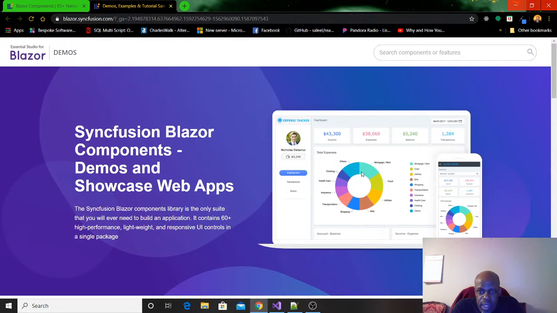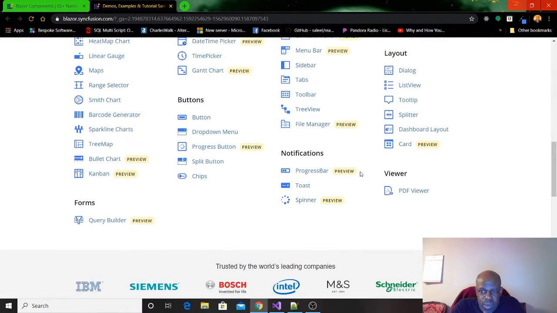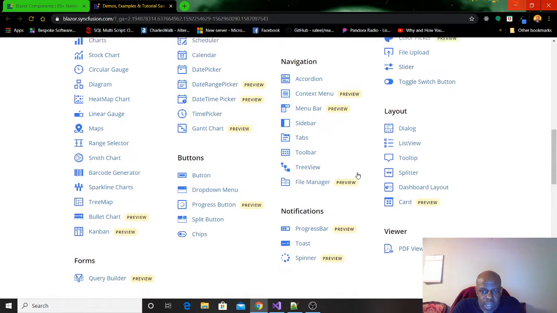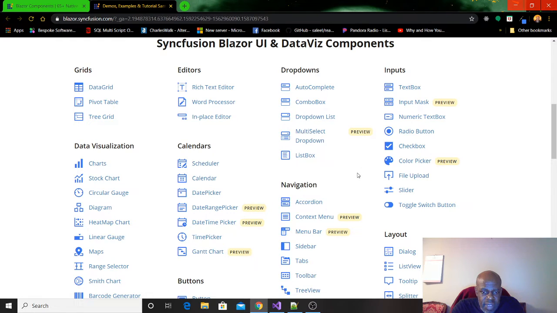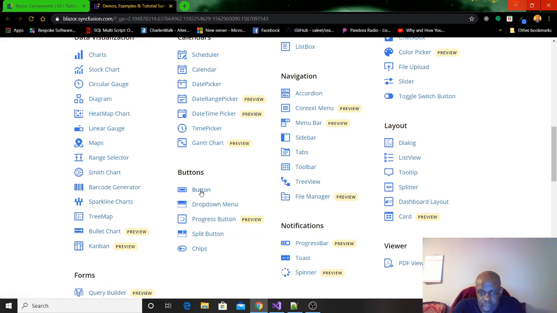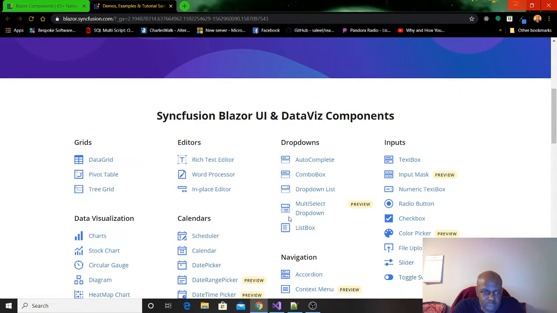This one really settled home with me because there are so many components that it offers that I would have to spend a day in a life to build. Scheduler, I have plans for that. The calendar, I have plans for that. All of these charts, I have plans for that. Some of these buttons, I can just change them out for the regular HTML buttons and text boxes that I'm using. The data grid, I have plans for that. Their data grid is phenomenal.